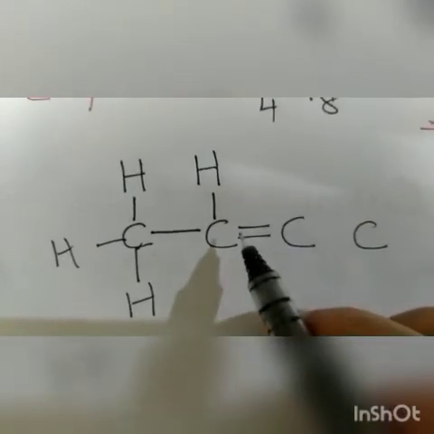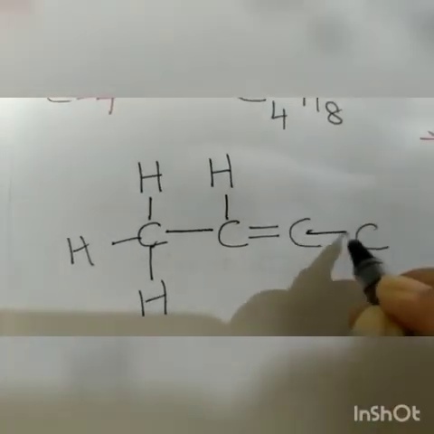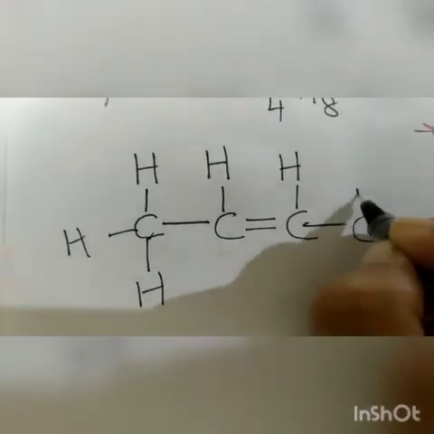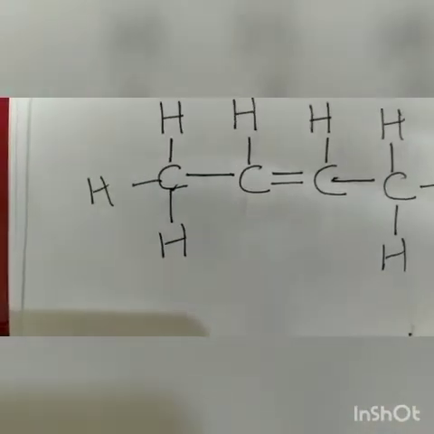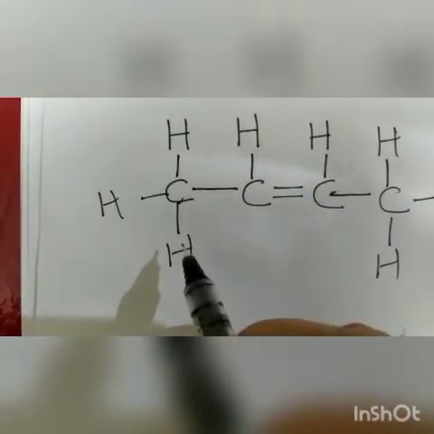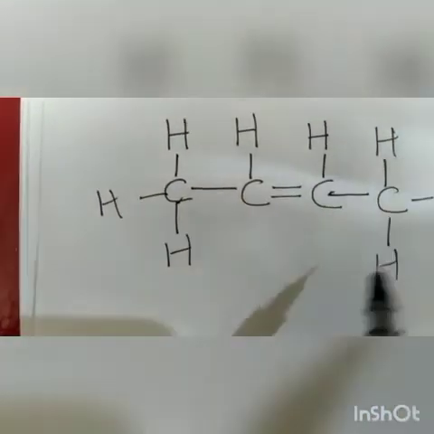Now you take this carbon atom, 2 electrons are used up in forming the bond with this carbon atom. 1 is used up in forming a bond with this carbon atom. How many are left? 1. It will form a bond with this hydrogen. Now you take this carbon atom, the last one. So 1 electron is used up in forming a bond with this carbon atom. How many are left? 3. And these 3 will form bonds with hydrogen. Understood? And you can also check how many carbon are there? 4. How many hydrogen are there? 3, 4, 5, 6, 7, 8.